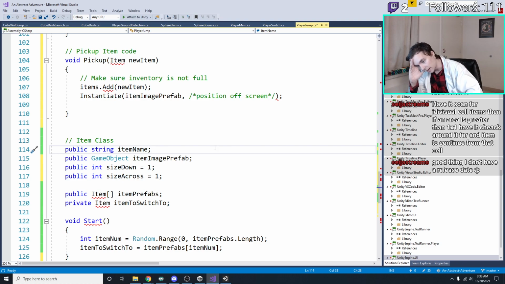On that. But when you pick it up, you want to destroy it, or at least set it inactive. But you don't want to actually, unless when you pick it up, it passes along the item object. Once it's in your inventory, it's basically you just need the image, right? So,